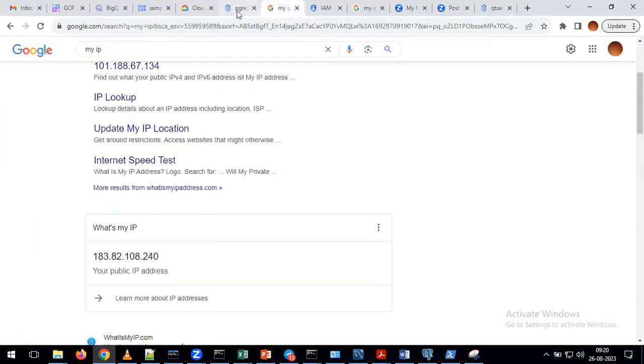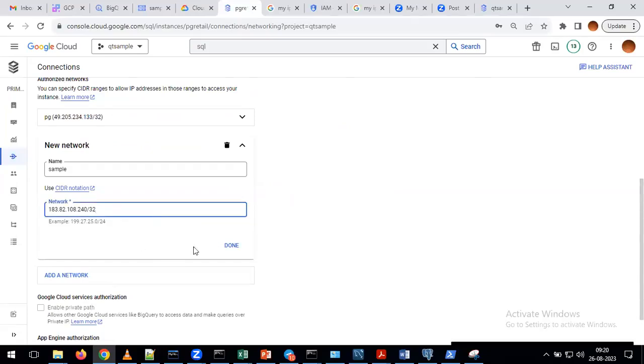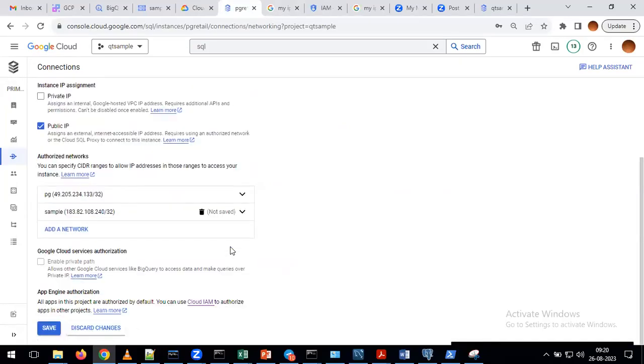Changed. Okay. After giving this, just click on Done. This is one more important thing. Instead of clicking on Done, some people directly click on the Save button. First, we have to click on Done. Then only you need to click on Save. Please take care of this. Click on Save.